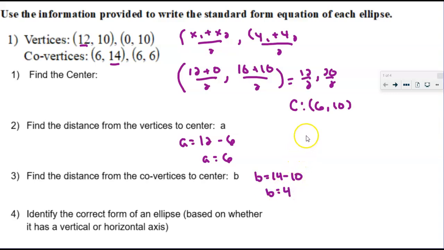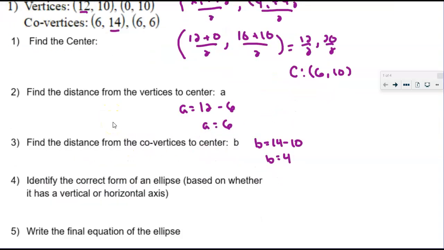Okay. So the next thing we want to focus on is what kind of axis this has. If I look at the major axis, what can we say about it? Well, by looking at the vertices, I know that the major axis is going to be horizontal because the x values are changing. The y values are the same, they're 10, but the x values change. So that means I have a horizontal major axis,